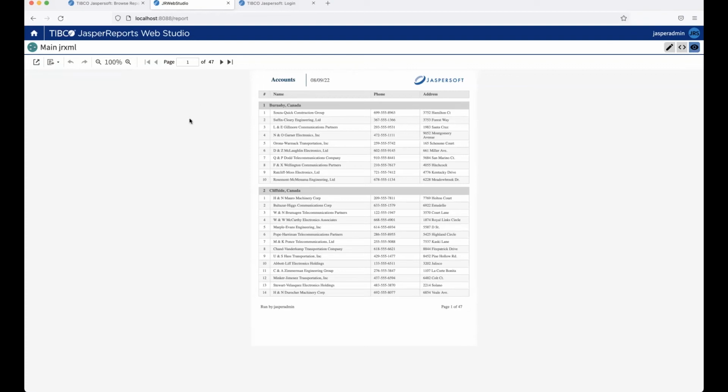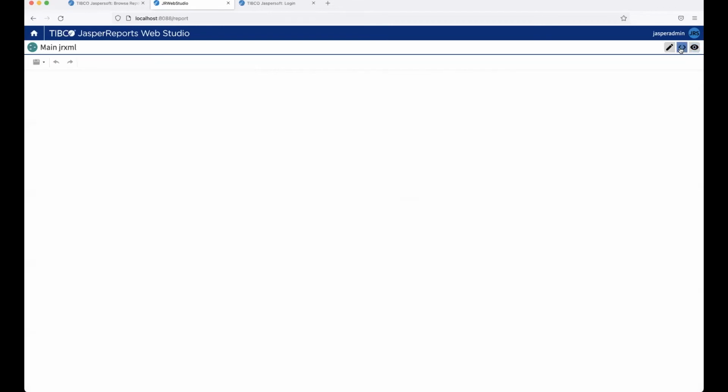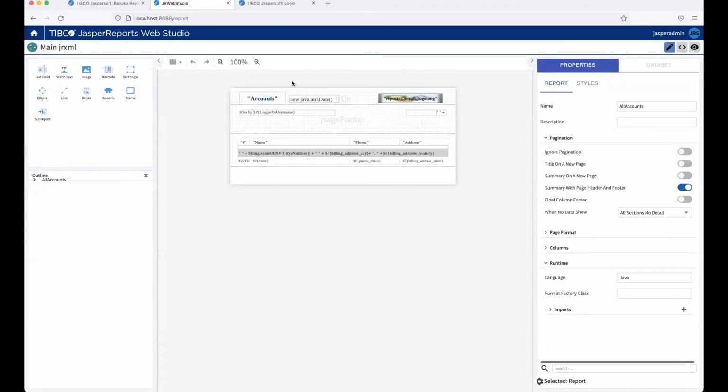So I'm working directly with the resources that are in this remote repository, and my changes are made directly there and are previewed using the reporting engine that's coming from that JasperReports server instance. All right. Again, source preview, going back to design mode,